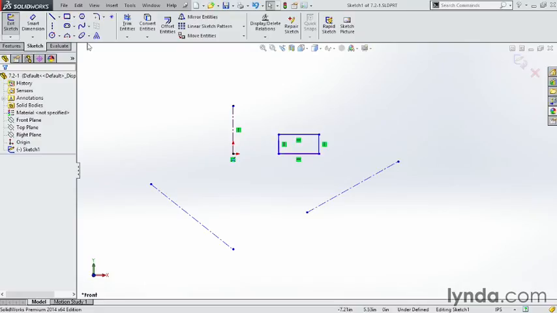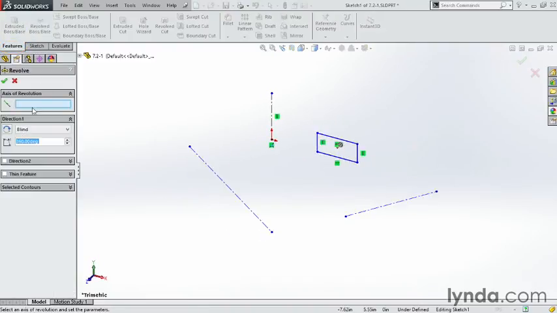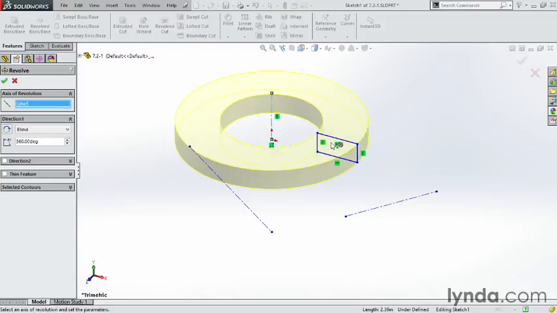Let's try it out. Let's go up to Features, click on Revolved Base or Boss. In this case, my axis of rotation is going to be this line here. And as soon as I do that, it gives me a preview of exactly what's going to happen. It's going to take that one shape, and it's going to sweep it and rotate it all the way around